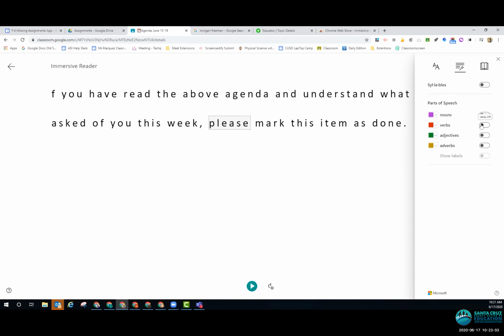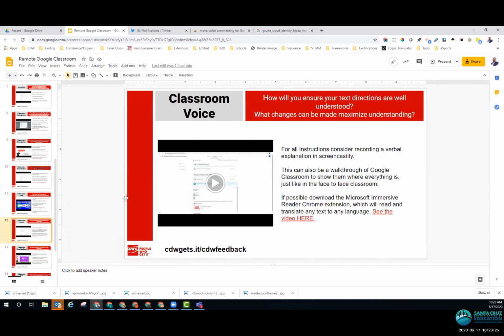And then finally, if you're trying to teach your students nouns and verbs and all those things, it'll automatically mark those for you in a certain color. If you're trying to help your students understand what a noun, verb, adjective is, it'll color code them so they can help them out. So the Immersive Reader Chrome extension is a great resource for students who are emerging readers or are ESL learners, English as a second language, and they're trying to still be a part of the class. This is a great way for them to be a part of that.